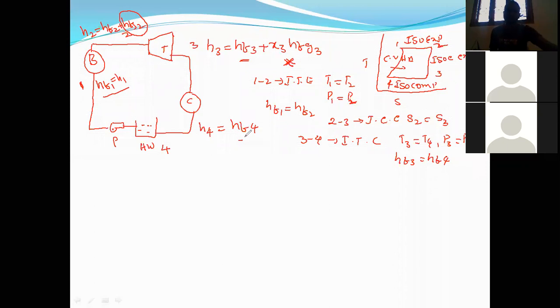That's all. From 4 to 1, it is called the sensible warming process. Sensible warming process means we check the saturation level of the water. If the water is unsaturated, we simply saturate it from 4 to 1. It is a simple warming process. If sometimes it loses sensible heat, we just add that sensible heat in the 4 to 1 process. Why? Because exactly before the boiler, the water should be at saturated level.